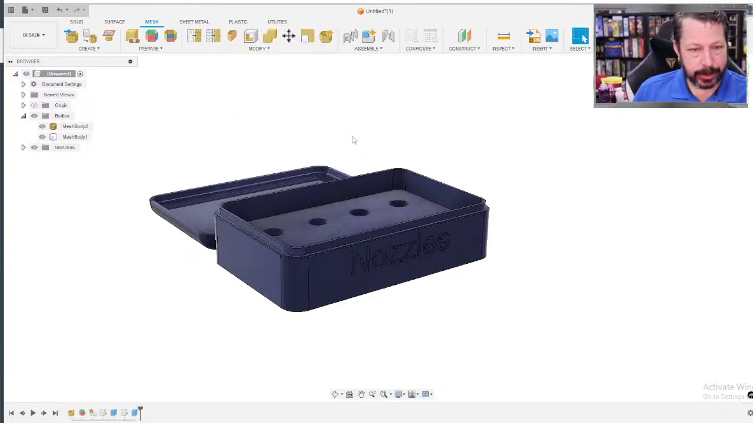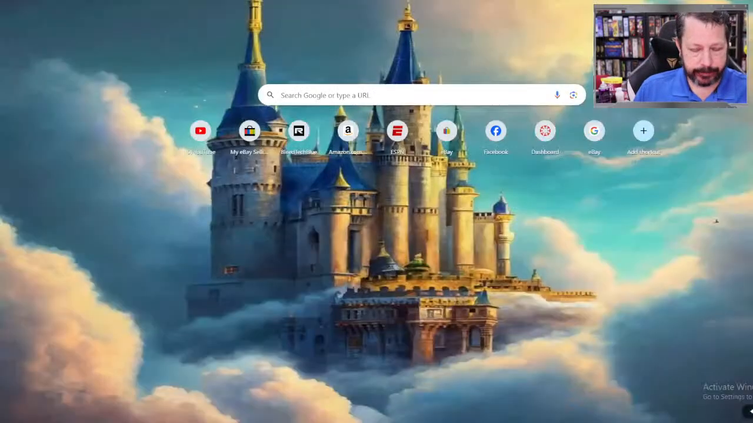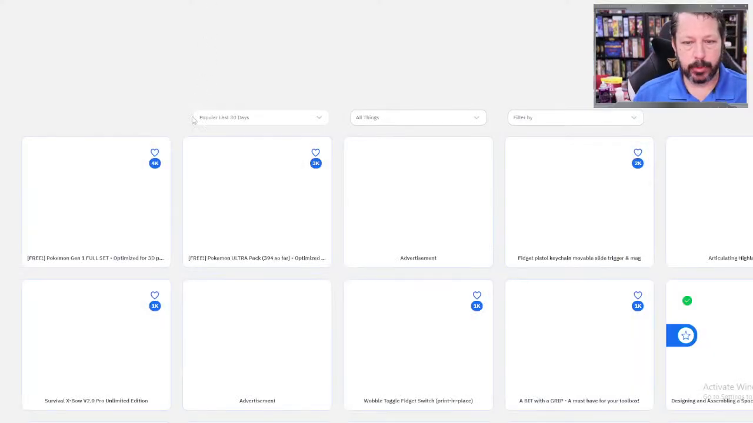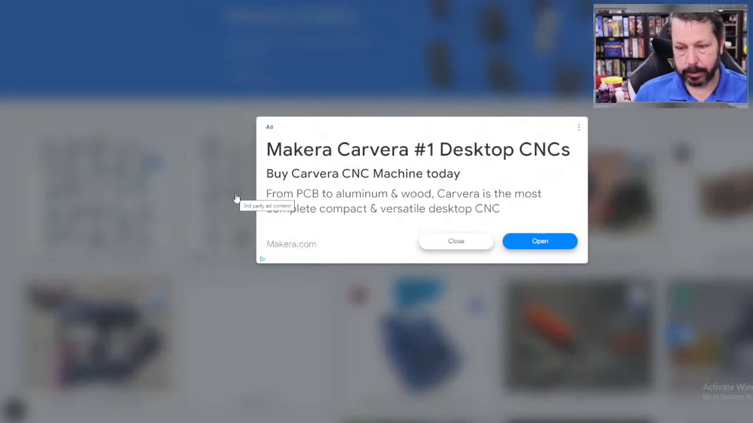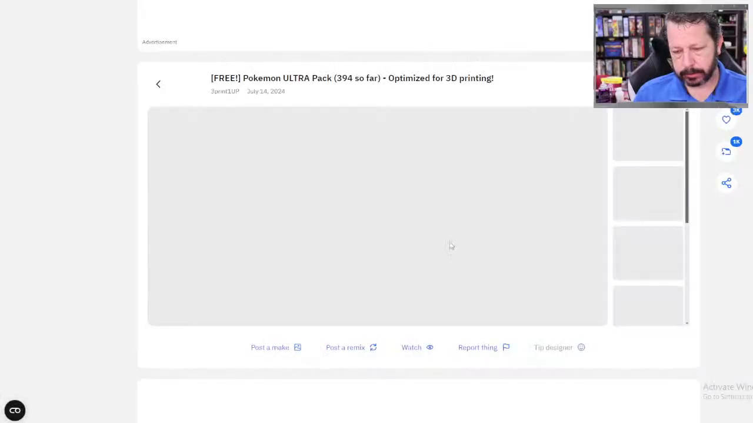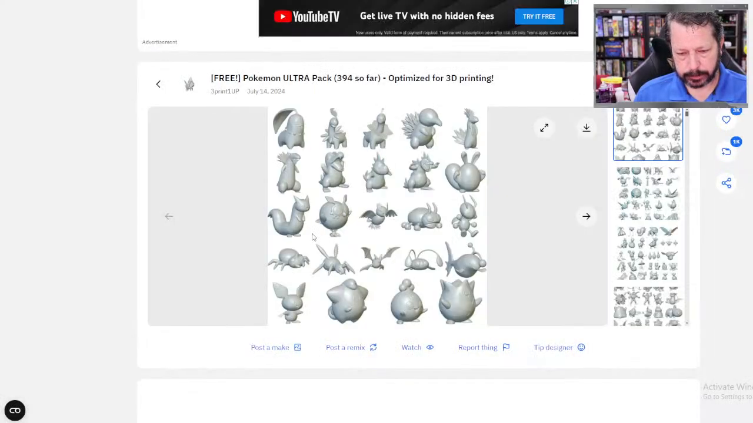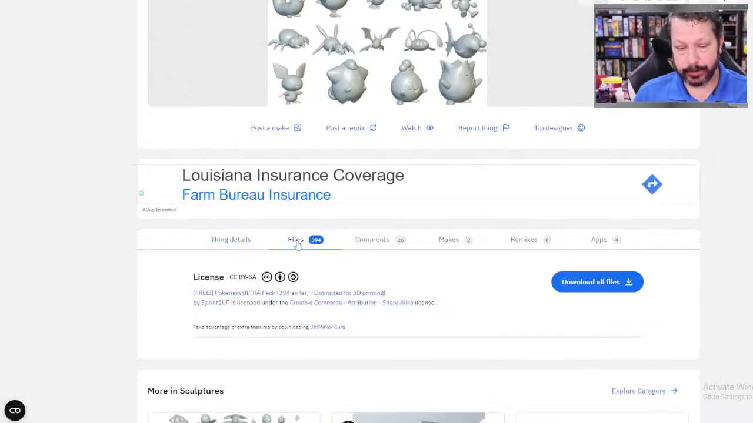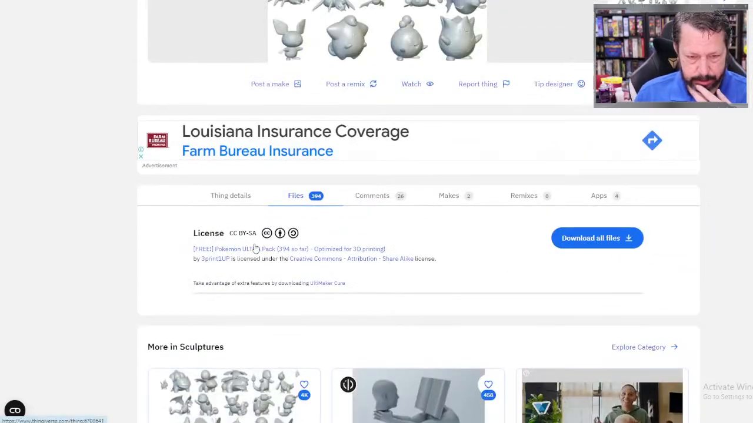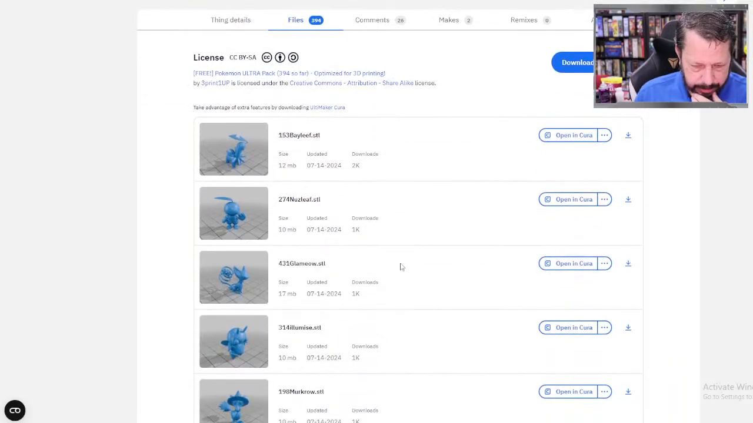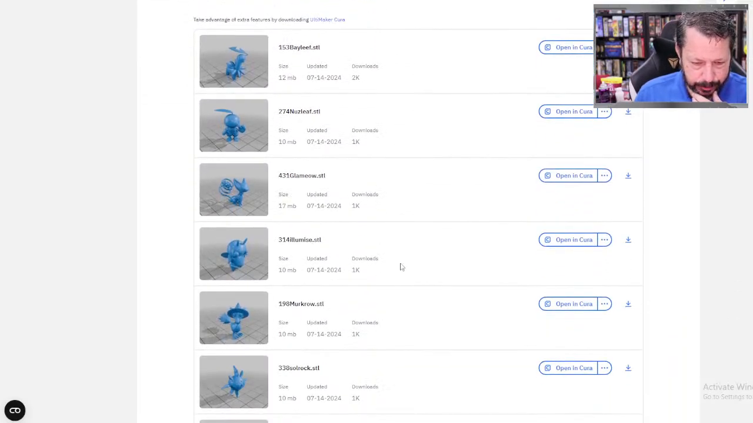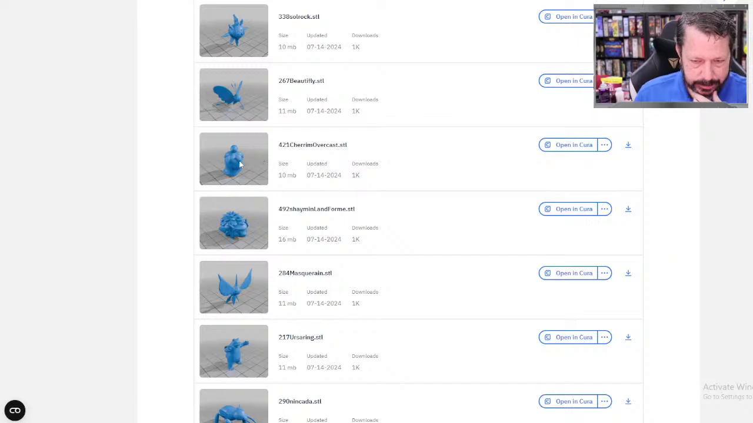Let's see, I haven't tried this part. Let's go and see if we can find something that's more organic looking. Oh, here's a bunch of Pokemon. So they're organic looking. Let's see what happens if we try to get one of these guys. Where are the files at? Oh no, there they are. Let's find one that even looks printable. This guy, he looks printable,